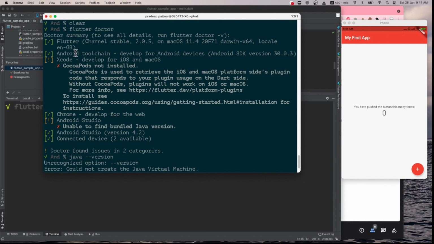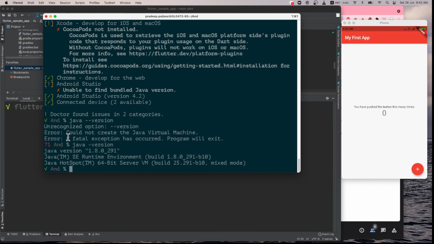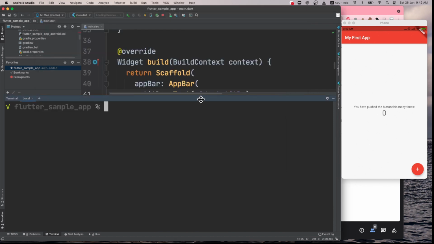Sometimes you will have a license problem because Android Studio has a lot of licensing things with every SDK. So that is a very common problem that you will get. Another problem you get is related to Java. If Java is not set properly, you will get a problem in building your Flutter application. You can use my Telegram group where you can write if you get any problem in that. Okay.